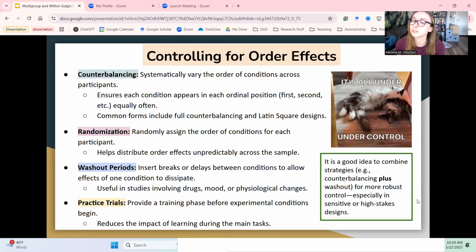And then we also have practice trials. So these are not always going to be the best approach, but sometimes they're really helpful. And this is where we have a training phase before we actually start the experimental condition. So let's say I am looking at some sort of performance. Let's say I'm looking at how different levels of caffeine impact someone's